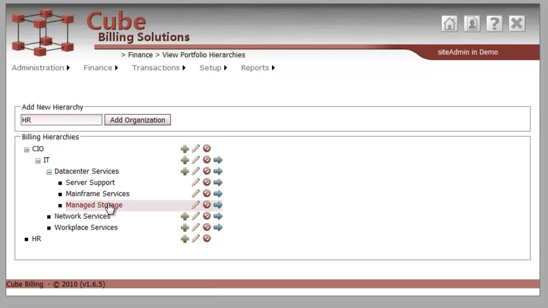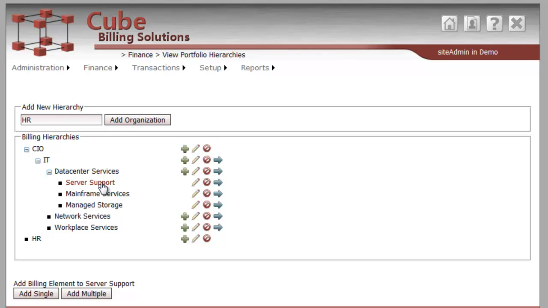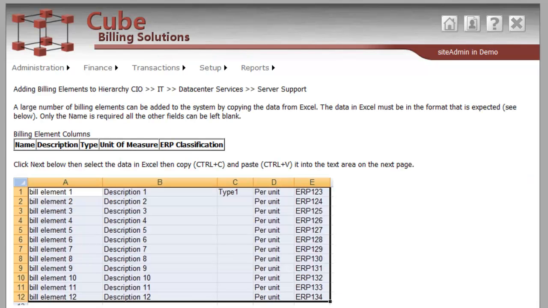And then within the server support, we may have a variety of different things we provide within our server offering. So we may have things like different types and sizes of servers. So we may have different expenses. An expense for a Linux operating system is different than that of a Windows operating system. So again, we can add multiple billing elements, and whenever we go in to add multiple billing elements, it expects